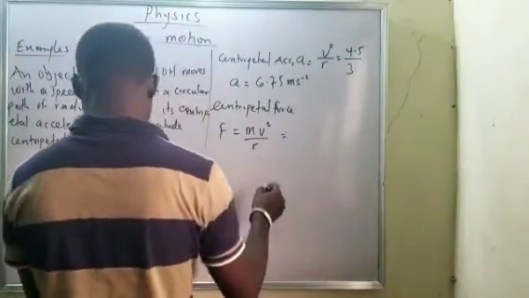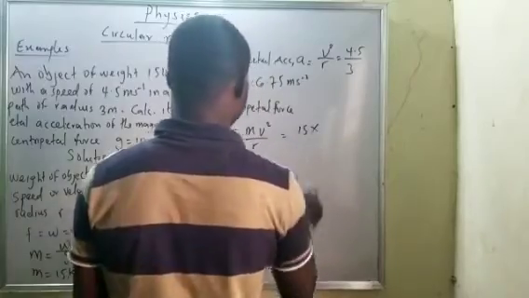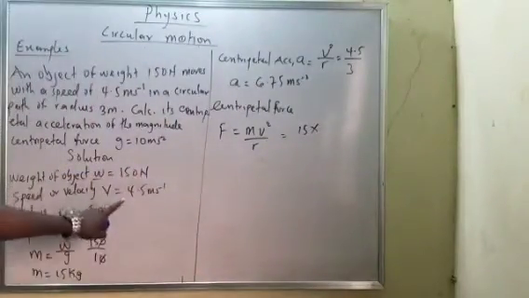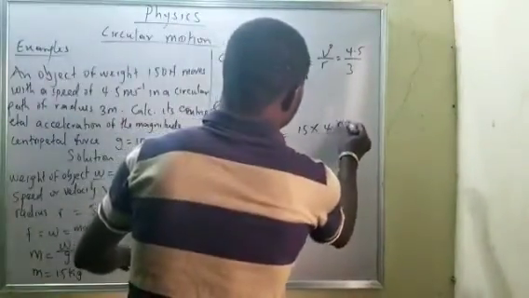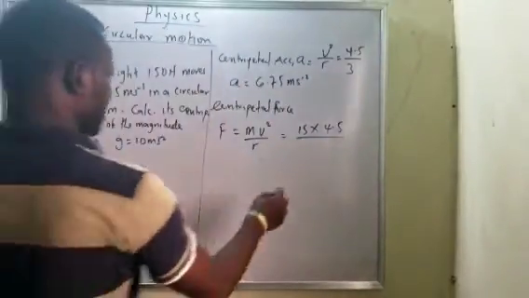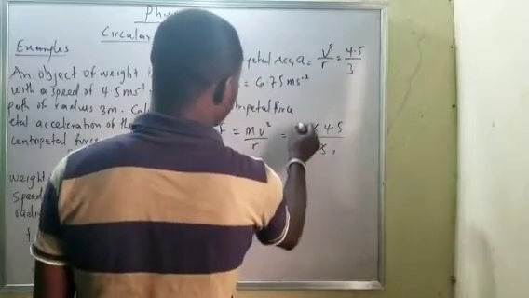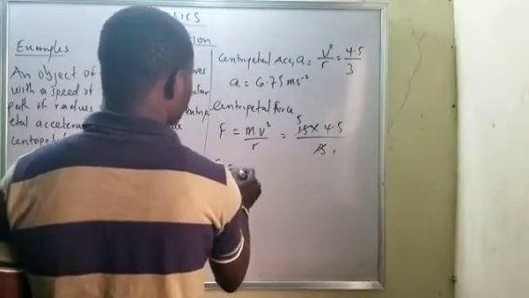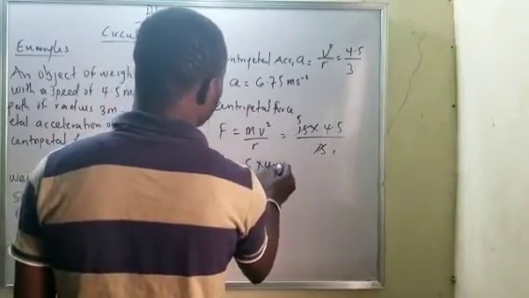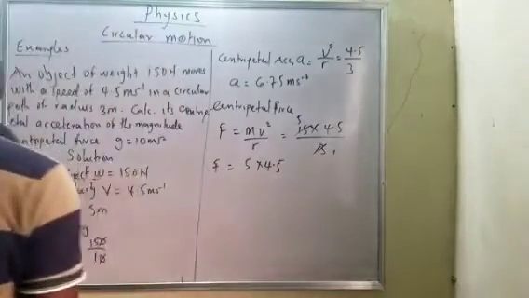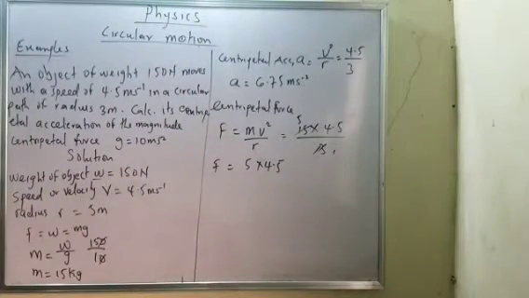My m is given as 15, multiplied by my velocity, which is given as 4.5, divided by my radius, which is given as 3. We all know here, 1, here what? 5. Which is my force, will be equals to 5 multiplied by 4.5. Now, with the help of my calculator, I will be having,